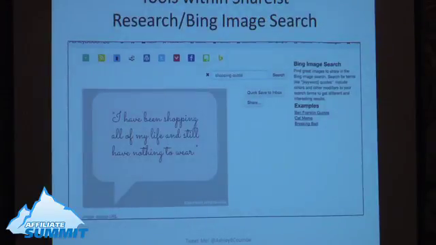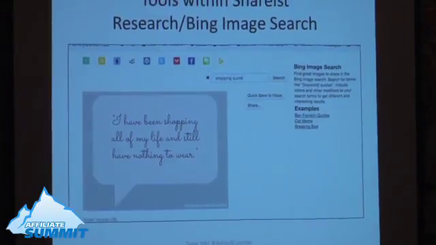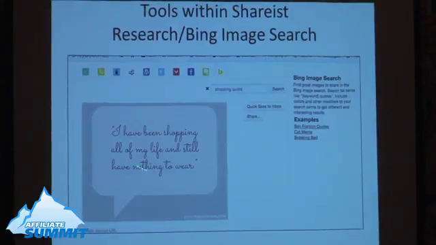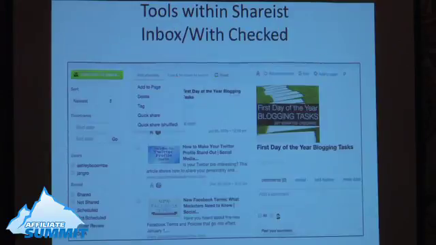To increase engagement, I use quotes, cheesy quotes all the time on my social media, so I can search those quotes right here inside Shareist using the Bing image search. I can look for a shopping quote, immediately add that into a blog post, into a newsletter, or share it out onto social media. Once I have all these items added to my inbox, remember it's bringing content recommendations in,